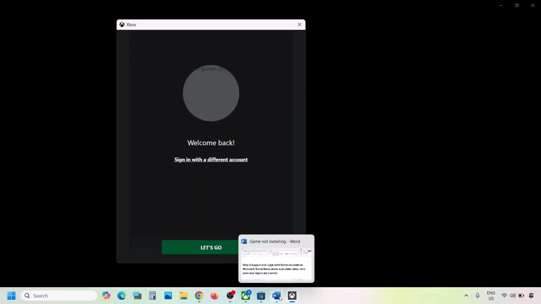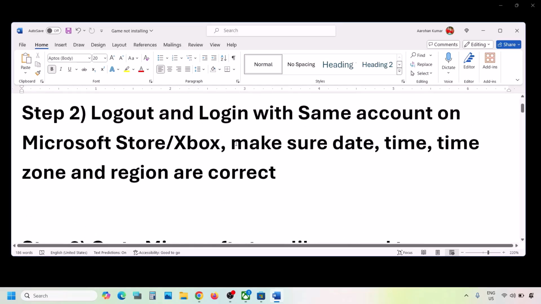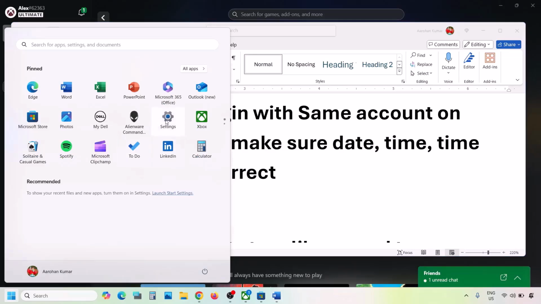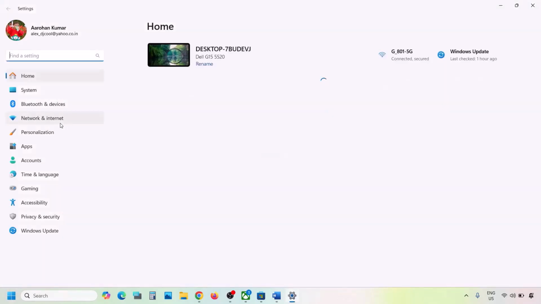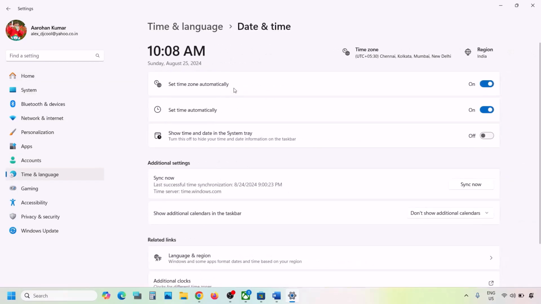Now still you're facing the problem. The next step is to make sure date, time zone and region is correct on your computer. So you can open Windows settings and then go to time and language and then go to date and time. Make sure set time zone automatically is on over here. Also make sure set time automatically, both are on over here, and then click on sync now. On the bottom here you can see sync now option, click on sync now, and once the sync is done,